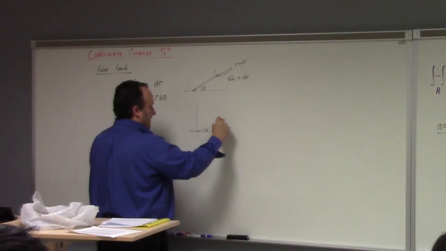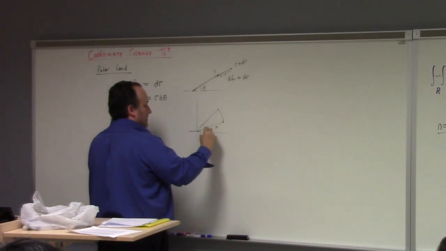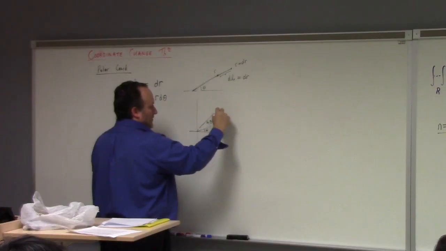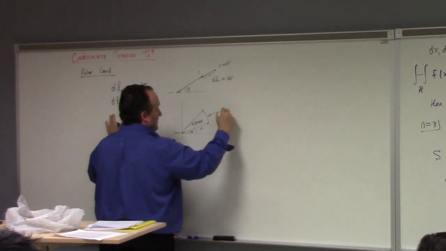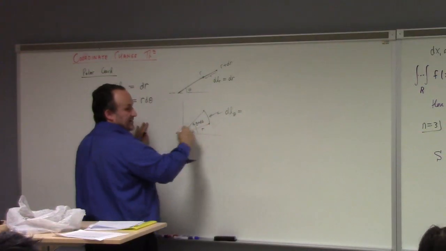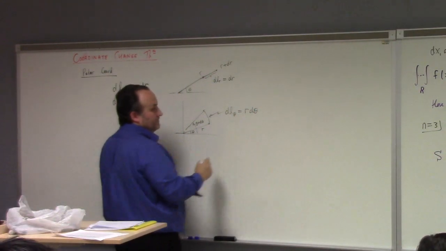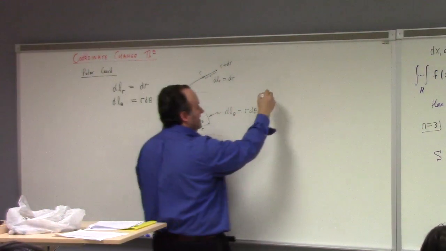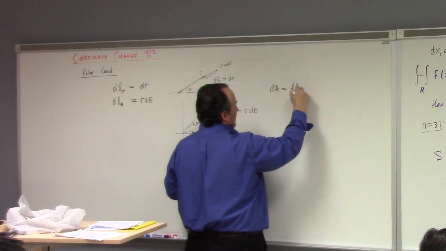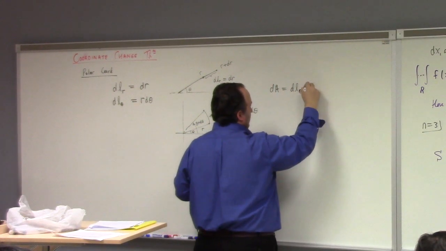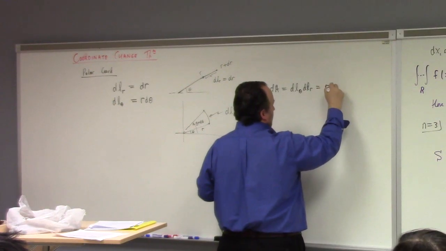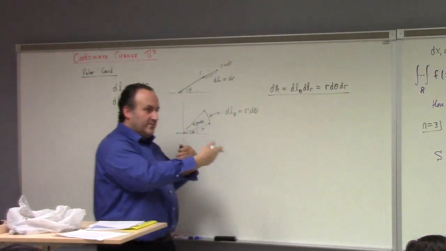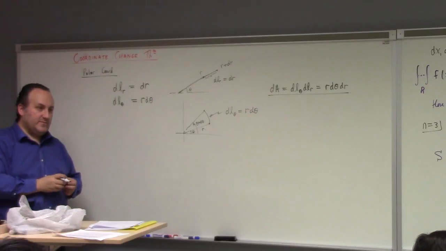The picture for the second one is I'm out here at a radius r, at an initial angle theta, and then I'm sweeping up here to theta plus d theta. The question is, what's the length of this? What's dl_theta? Well, dl_theta is quite clearly r times d theta. And then as a general principle, dA is dl_theta times dl_r, which of course is r d theta dr, which is what we derived